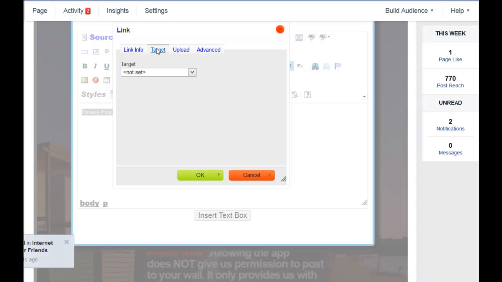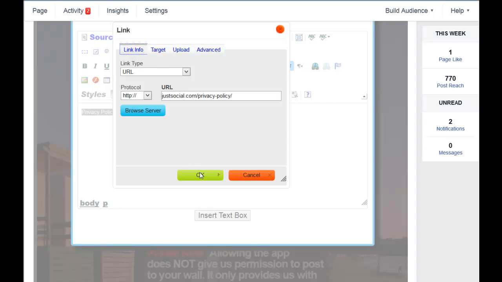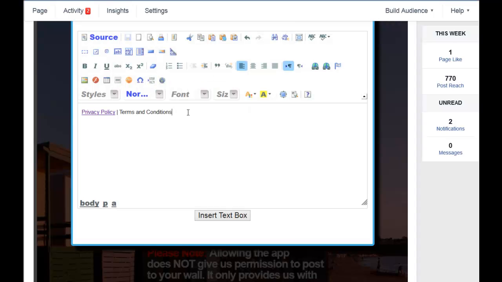Target. Now this is really, really important. If you're going to have any links to pages inside or outside of Facebook, you need to change the target to new window, otherwise it won't work. So change that to new window, come back, that's done, click OK, and you'll see that it's turned it into